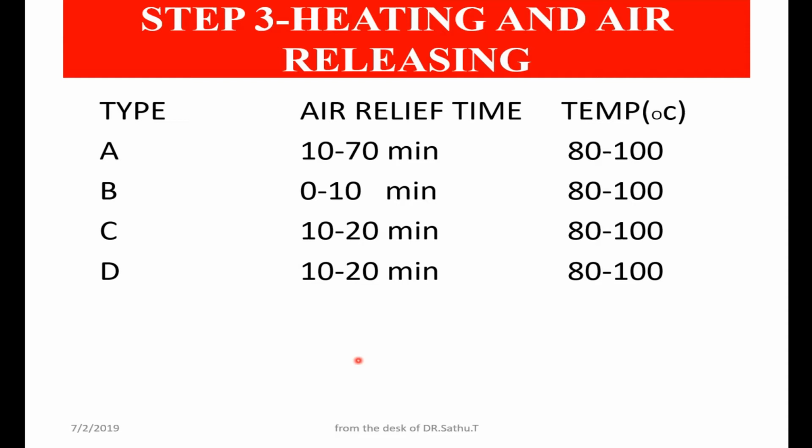When we put the weight, normally once the steam comes, around 80 to 100 degrees, you can see the air coming out, and then the steam comes out. Once the steam comes out, it shows that the cooker is completely filled with steam and there is no air inside. Why should we remove the air completely? If the air or the non-condensable gas is not removed completely, it will affect the sterilization process. So see that the air is completely released.